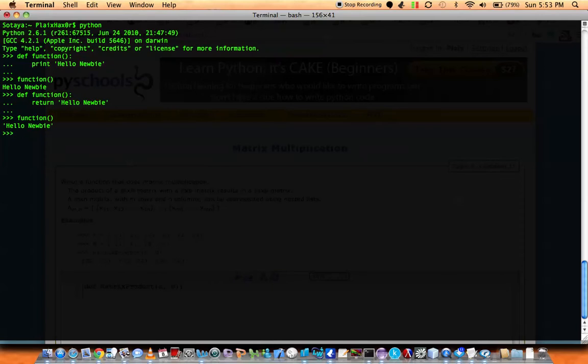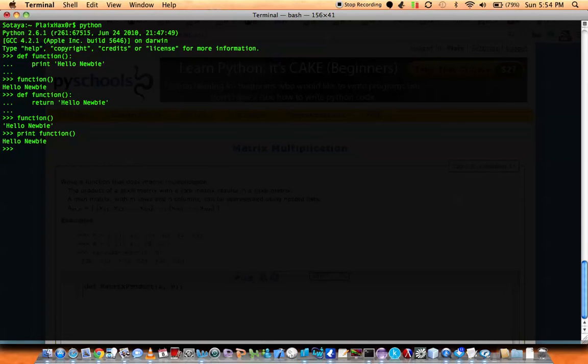Also, in some aspects, it's not going to print out the value for you, because this is an interactive environment. That's why it's printing out the values. But in some cases, you have to print the return value, print what is returned, and it actually gives you the main